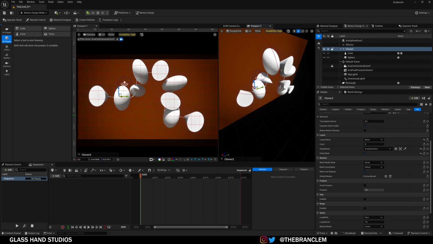And we can set that to random. We can set it to blend. So half of them are cones, half of them are those weird looking Mentos spheres that I made. But yeah, you can add different